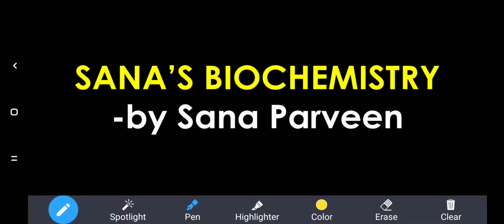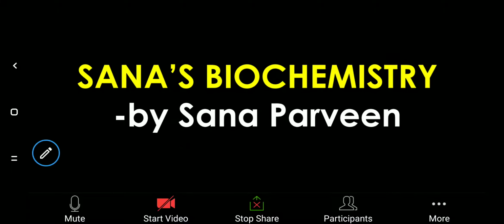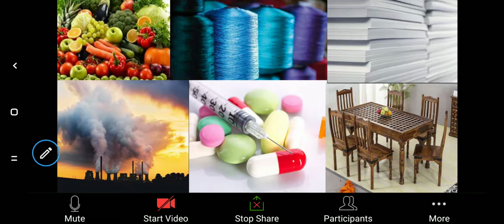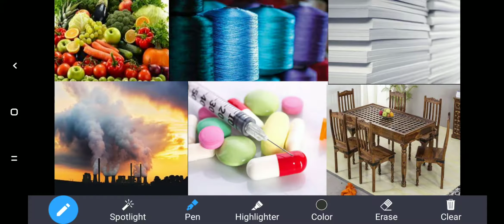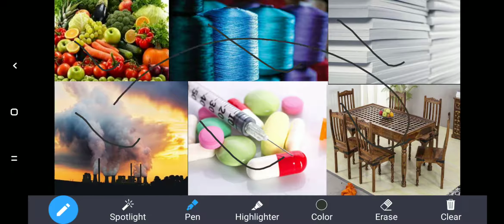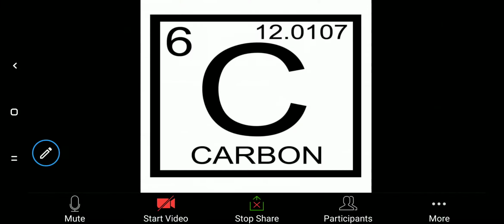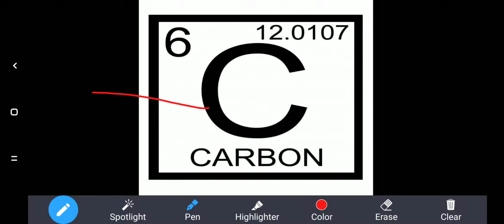Carbon, an Important Element, a ninth standard topic. Whatever we see around us, be it vegetables, fibers, paper, furniture, medicine, or fuels, there is one thing common in all these things. And what is the common thing here? There's an element which is common, which is called carbon. So this carbon is an element which is present in all those things around us. We are made up of carbon. Our entire body is made up of carbon.